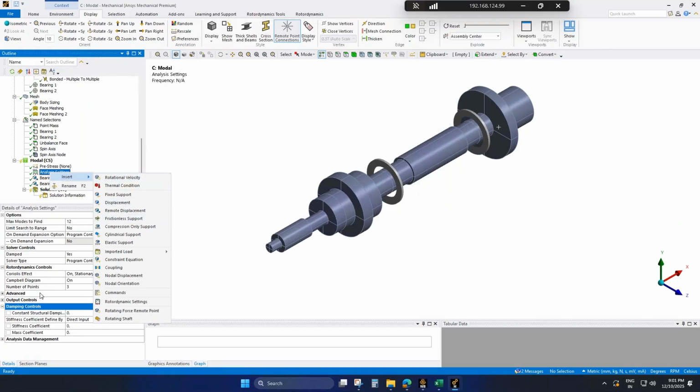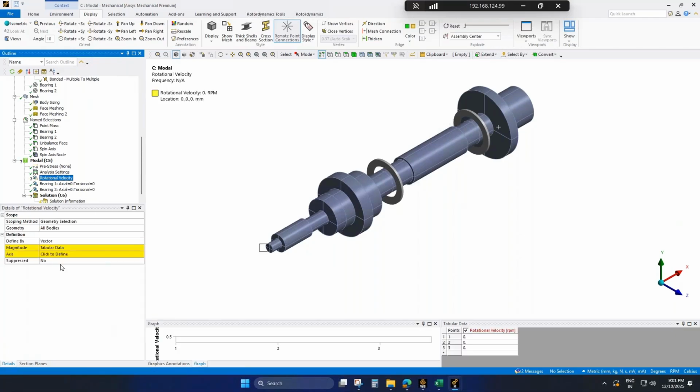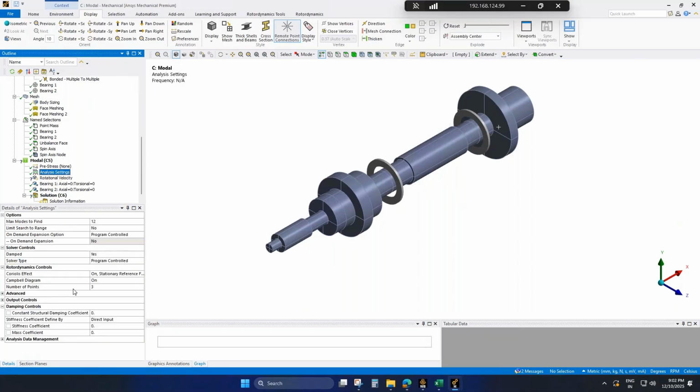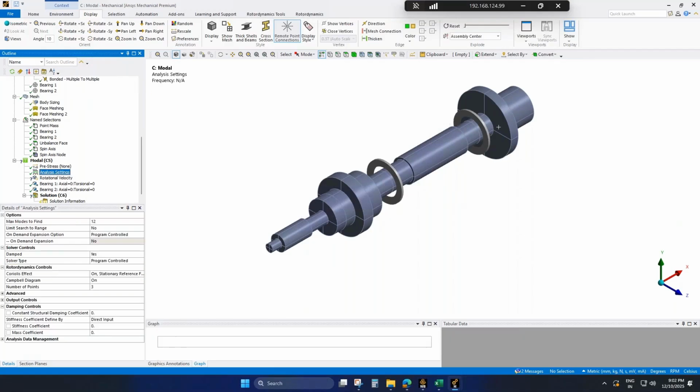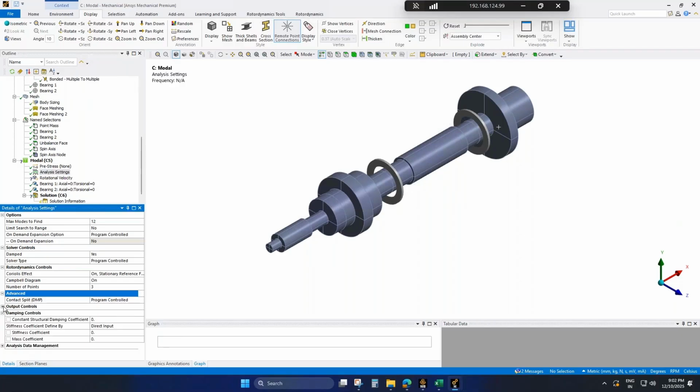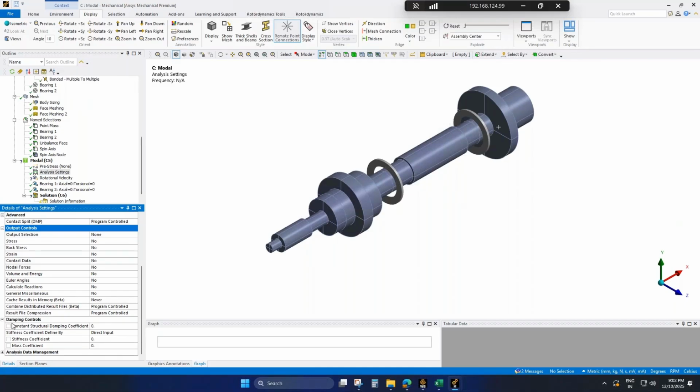While we are talking about the points, I'll create the boundary condition rotational velocity. You could see 3 points right here because we have set the number of points under the analysis setting to be 3. If you miss updating it, you could not see the rotational values. By default, it's going to show only one rotational velocity. That's one thing to note. I'll go back to the analysis setting, and I will leave the rest of the settings as they are.